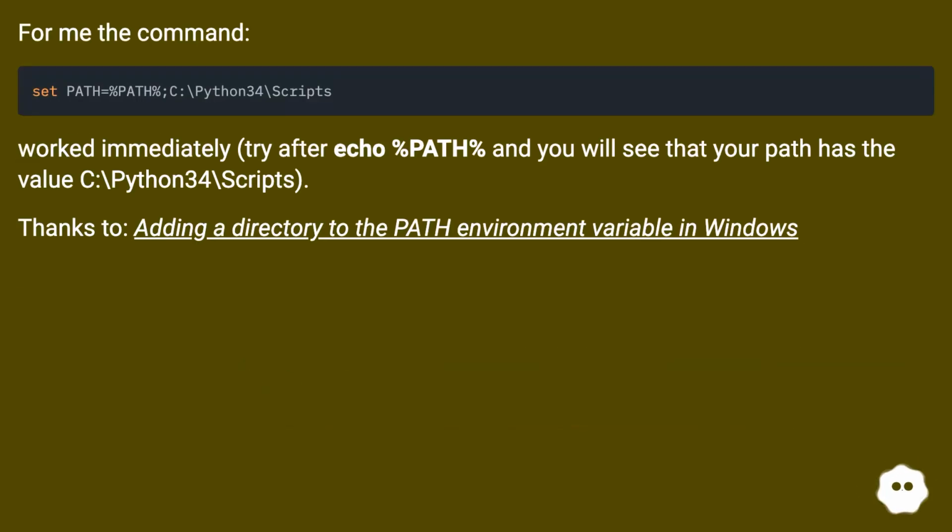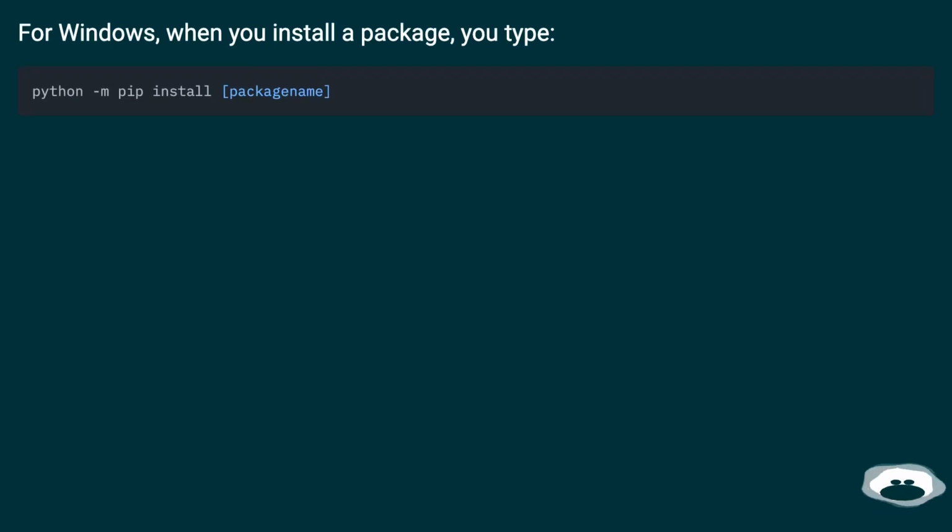For me, the command worked immediately. Try echo %path% and you will see that your path has the value C:\python34\scripts. Thanks to adding a directory to the path environment variable in Windows. For Windows, when you install a package, you type